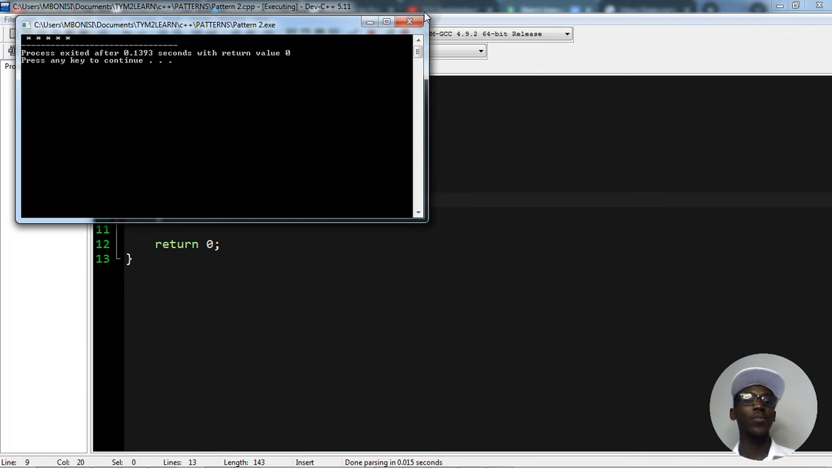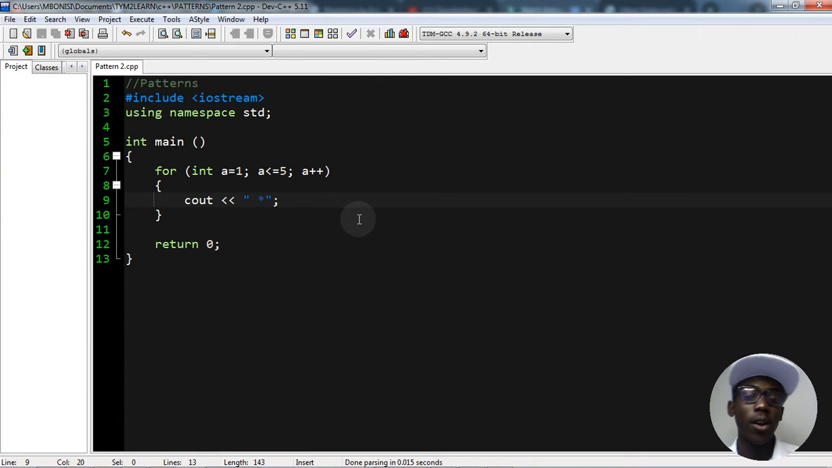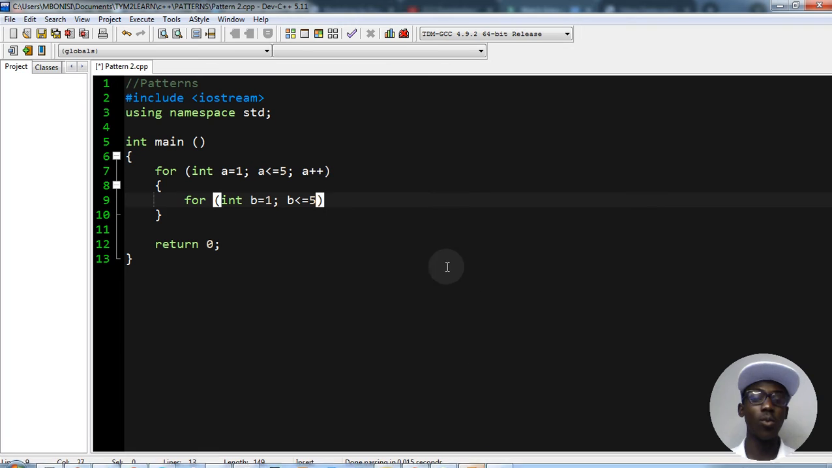But then, if we remove this one, we want it to print 5 rows of 5 stars and 5 columns of 5 stars, all combined. So we use the same for loop statement, but we're using another variable. We're not supposed to use the variable int a. We use int b or any other variable. Int b is equal to 1, right? Then b is less than or equal to 5, because we want this to happen